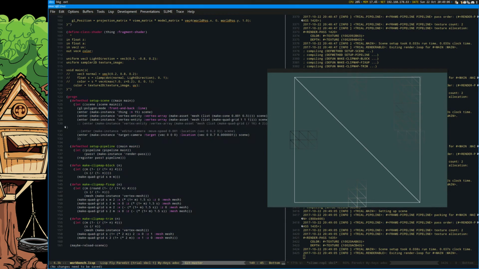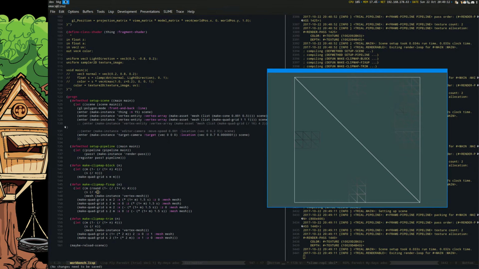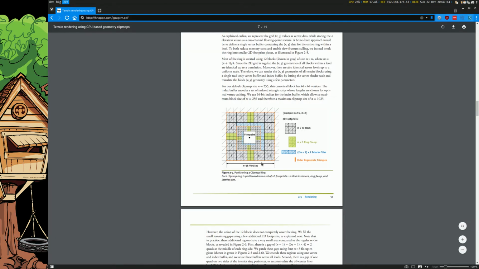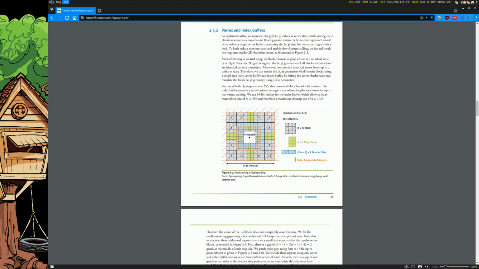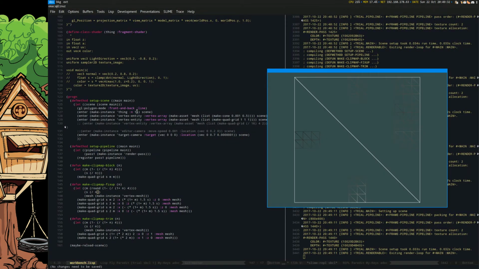But then nothing makes sense. No, can't be it. Or can it? So how many? We have 3, 6, 9, 12, 13, 14 squares. So yeah, that should be 1 minus. Should all be 1 minus because this counts in vertices and I count in blocks. So let's just